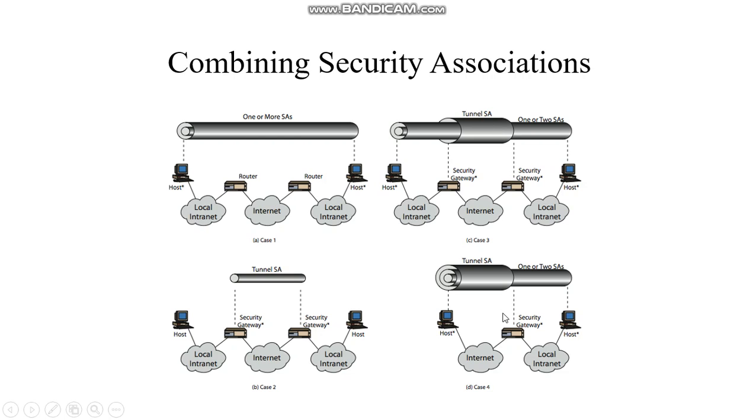And this fourth case of security association is the connection between the remote and the internet. So here remote systems are connected to the internet. Here the security is provided between the remote systems and the gateway, and between the gateway and the host in the local